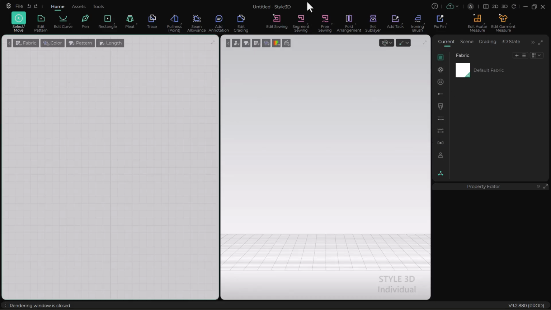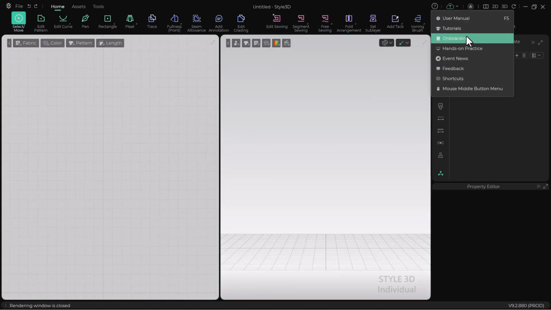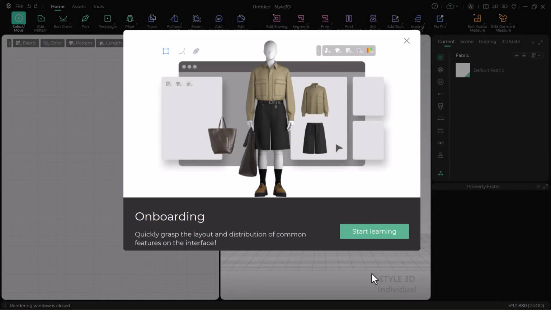Guys, so when you open the software, when you log into the software, yours should be in a dark mode. I changed my mode to a lighter mode. So at first you should get an onboarding message where they explain some of the basic tools and the interface